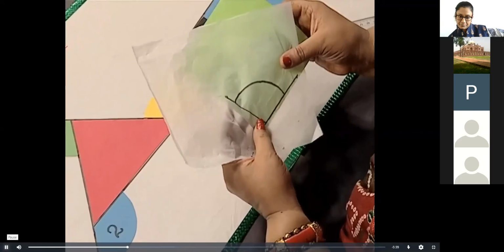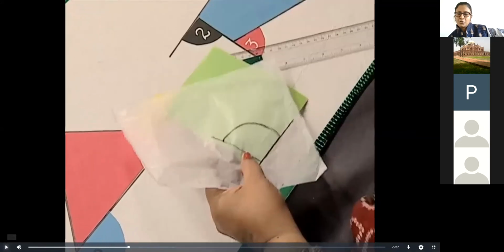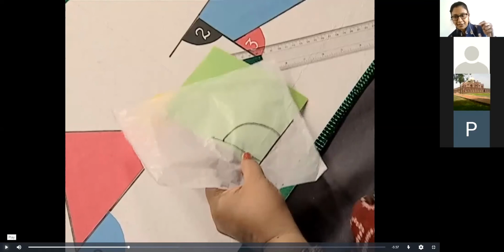For our verification, could you suggest how you would cut angle caps without this tracing paper? I don't know how you have done it last year. I just wanted to know from you. If you want to make the angle cap of say angle A, you want to make it in a different color. How did you do it when you were asked to do the angle cap? Please tell me.